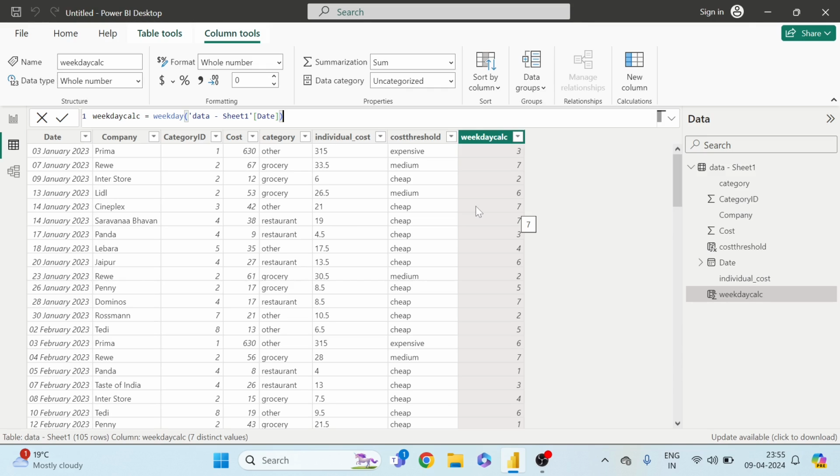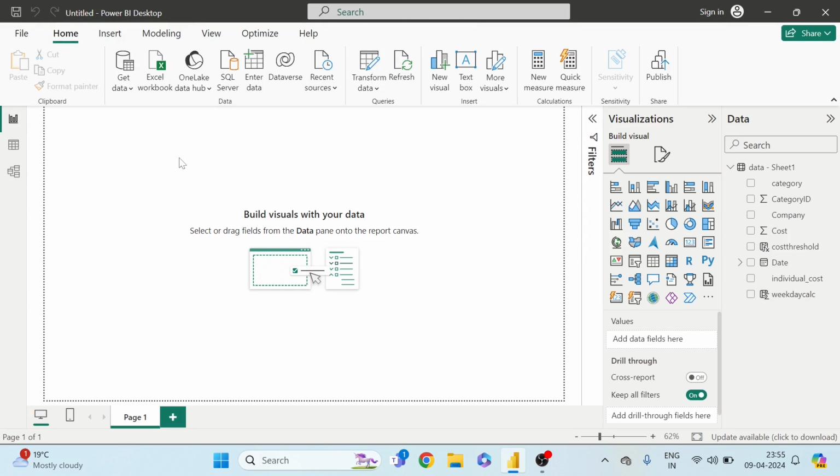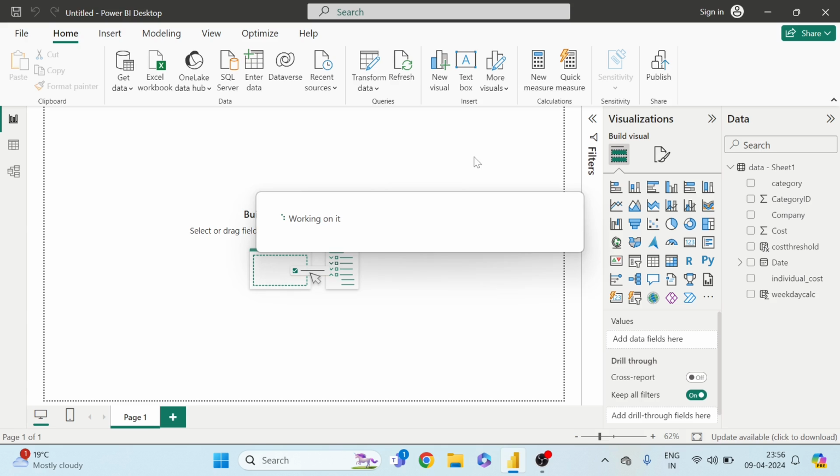So this is also pretty interesting. Now let us say we want to do some calculations, right? Not create a column but do a calculation, right? So for this case, we can go over here back to our report view, and here you have an option to create a measure. So let us say I want to create a new calculation where I show only the total cost, where the name of the company is Prima, right? Prima is the place where I pay the rent. So I have to click on new measure,